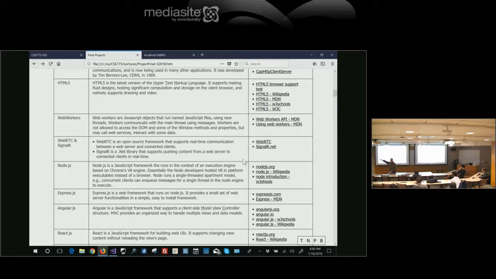Here's the engine inside Chrome, and they took it and wrote the code to host it in an executable image instead of in a browser. That's what Node is. Node is that JavaScript engine running in an executable, so it can run on a server instead of in a browser. And a lot of people are doing exactly that.